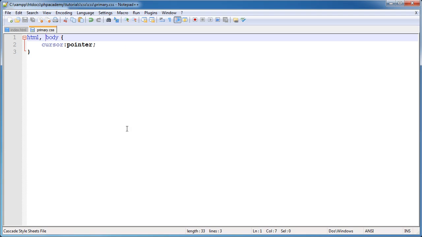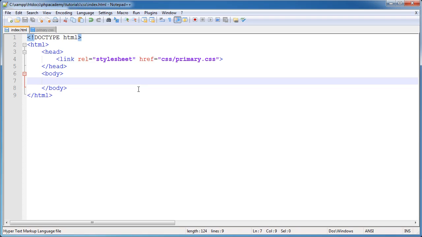Why would we ever need to define a cursor? Well, for example, if we were creating a navigation list that didn't include anchor items, it might include JavaScript event handlers, which probably isn't the best practice if you're creating navigation, but there's sometimes when this needs to be done. Other times would be when you need to set a cursor within something to show its action. For example, if we were to have an element that you'd allowed to be resized, let's just go ahead and type div class equals